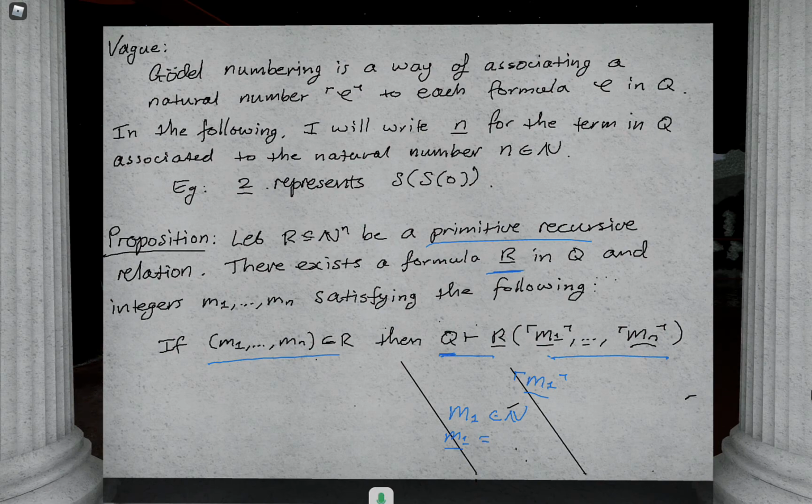So M1 is the successor of the successor of the successor of something. Cool. And then when I take the angle brackets of this, or what Billy was referring to as the quotations, what that means is we now read M1 underline as some term inside our language, and we have the Gödel numbering, which associates to each such thing an integer.